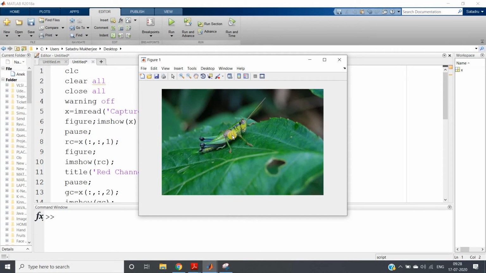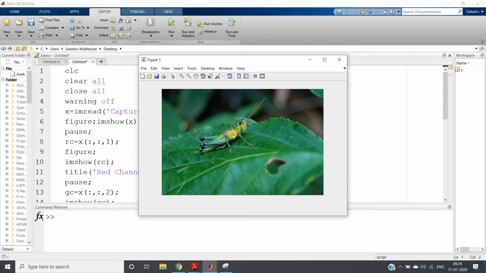So what we can do, see, if we apply closing operation on the red and blue channel, which is already brighter, that will become even brighter, and if we apply opening on the green channel of this particular RGB image, what will happen? It will decrease the brightness a bit. And then if we concatenate all the three channels, what will happen? This particular grasshopper will be isolated from the background by a huge amount.